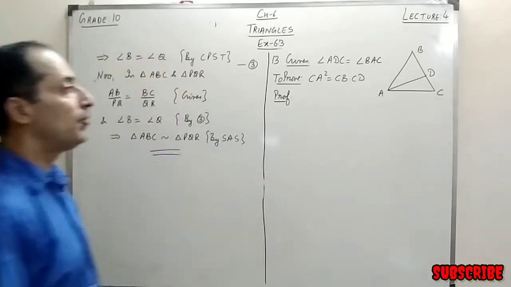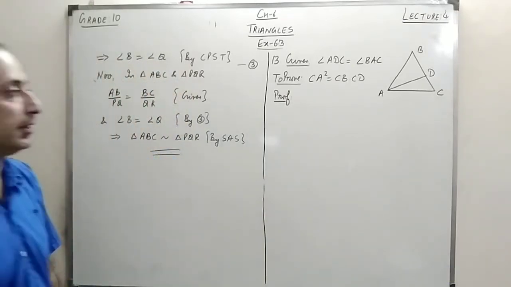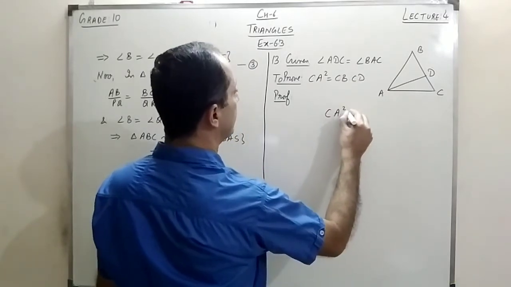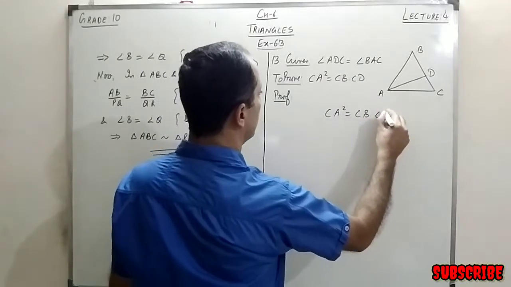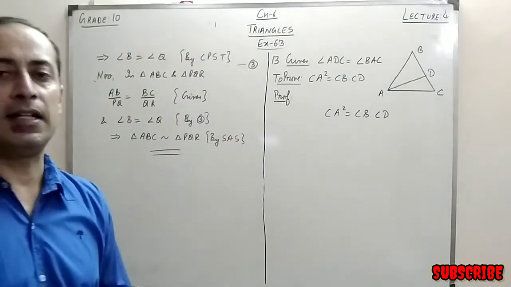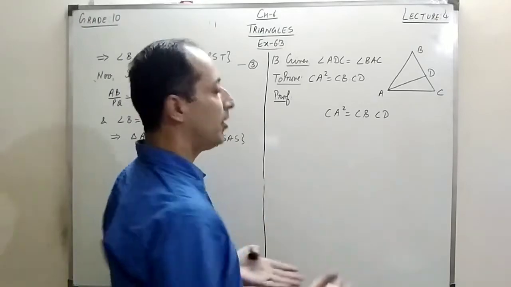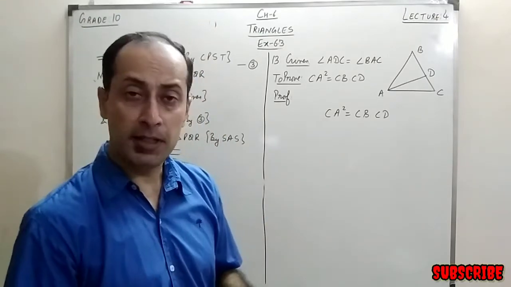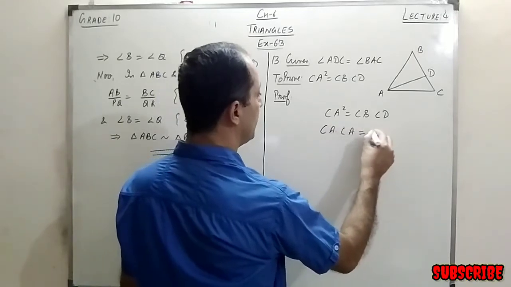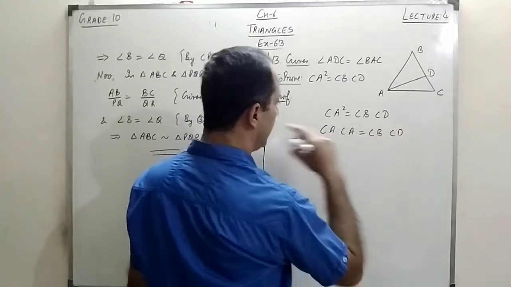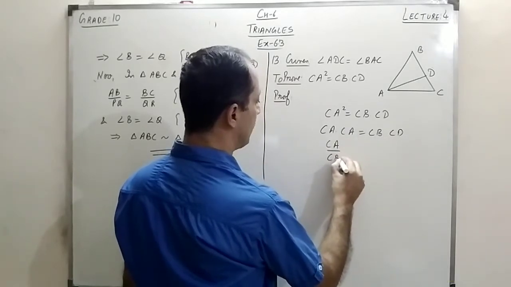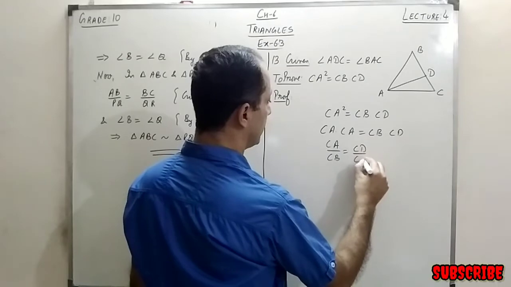Again, when you have to prove something, you have to go in the reverse way. If I have this thing, how can I get this thing? I have to think first this. When we are proving the triangle is similar, we talk about the ratio of the sides as equal. But here it is not. But can we do it? Let's see. If I write this thing as CA into CA equal to CB into CD, and then one of the CA goes here, and I bring CB here, something like this.